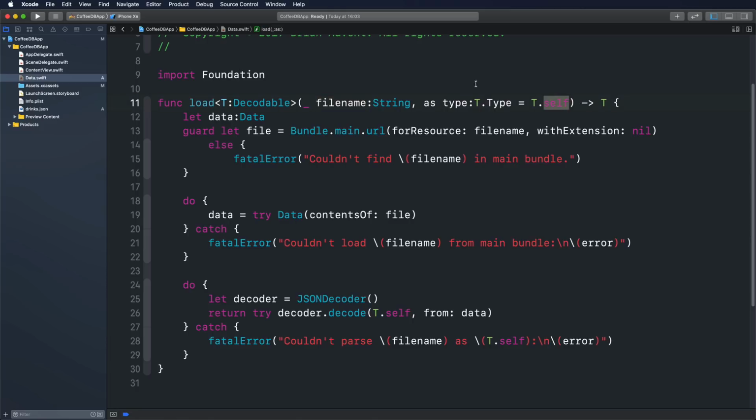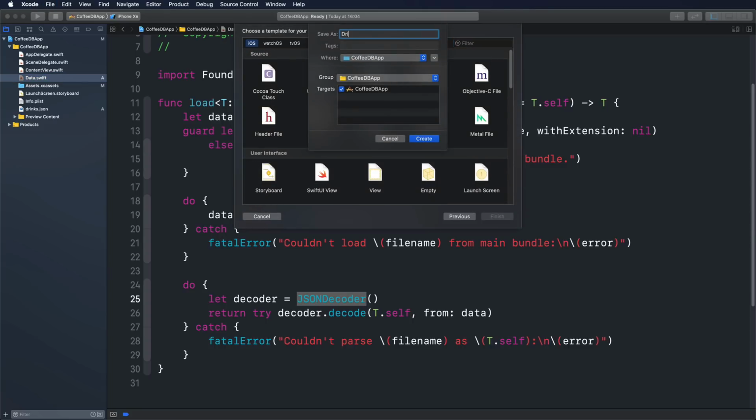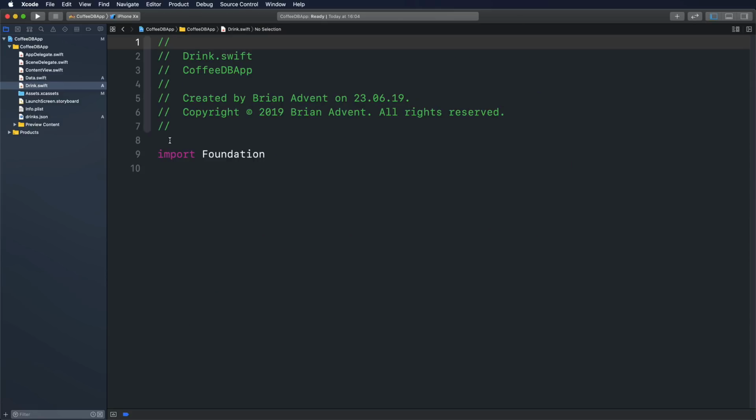We have a default type, it's all generic, and this just loads a file from our bundle for a specific resource name, and then we get the data that is stored in this file, and then we use a JSON decoder to actually bring all of that information that is stored in our JSON file into a format that we can work with and actually map it to the model that we create right now. So I'm just going to create a new drink file,